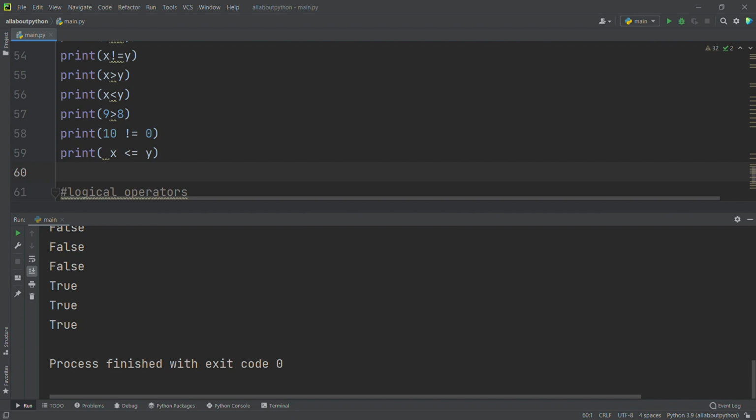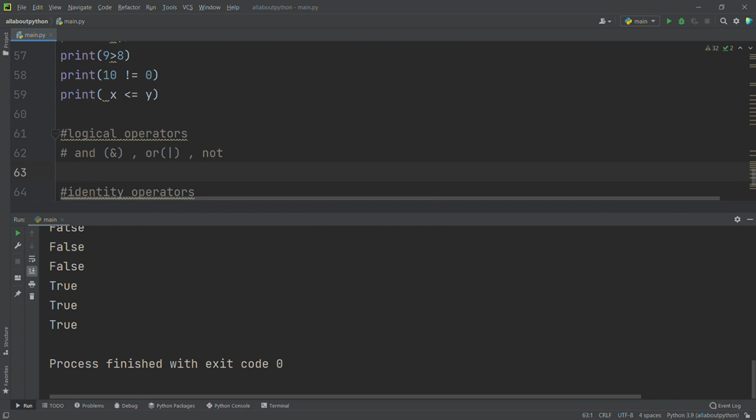I will say here and, we are going to represent and with the ampersand symbol, and we have or, which we are going to show with a straight line, and we have not. How are we going to represent the not? I forgot it. Okay, we will discuss that later.